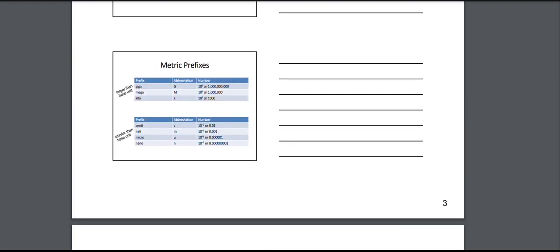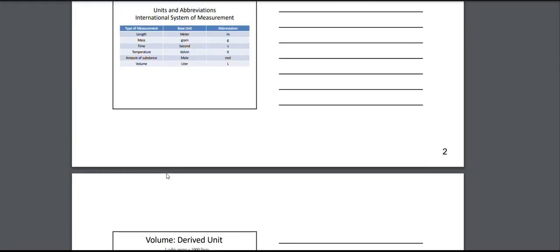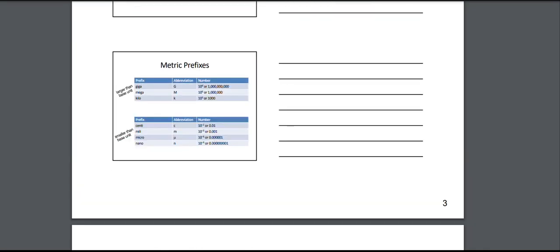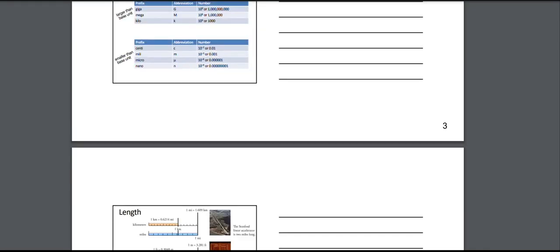So the milli is a small m, and if you're saying milliliter, for the liter we use the uppercase L, so it will be mL. The micro, this is not U, rather this is mu, the Greek letter. So for this one, it's a microliter, or a micrometer, or a microgram. So basically what we are doing is we're combining the abbreviation of the base unit, which we talked about in slide number 2, with the abbreviation of the prefix. All these